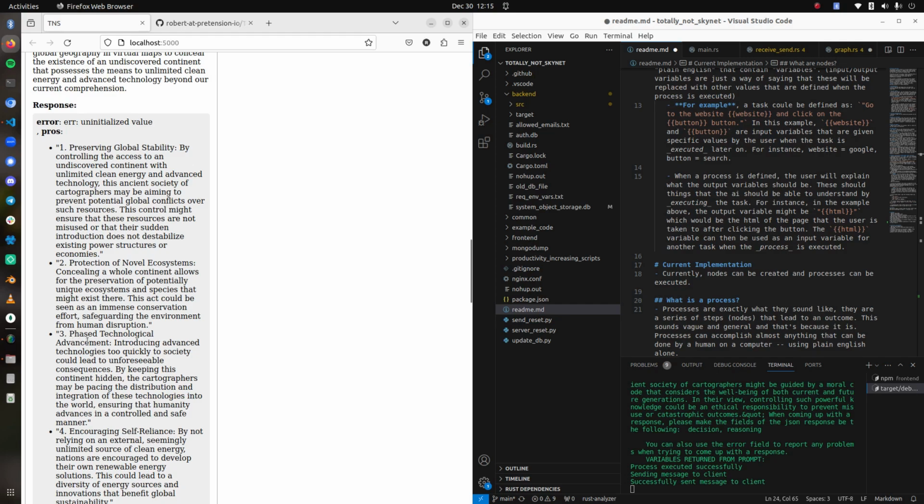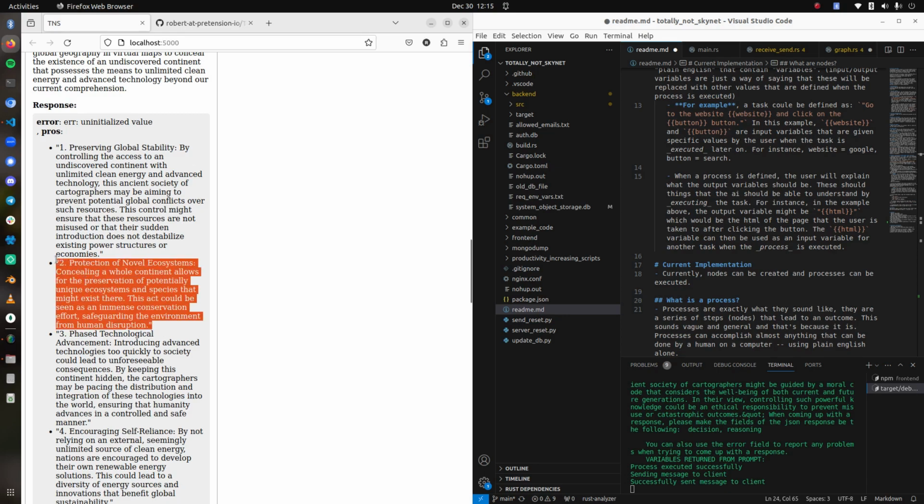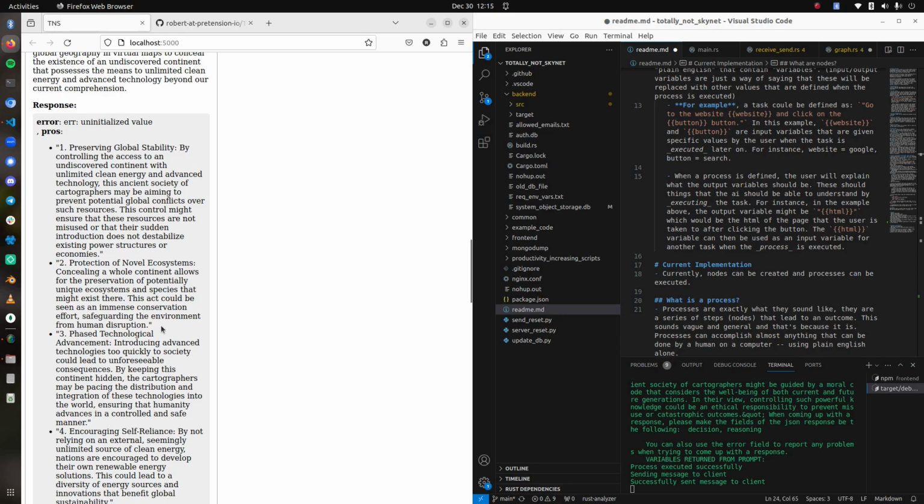So this is why it's important that when you're coming up with processes, they should be tested out, and you should try to generate a process, then see the results of executing it